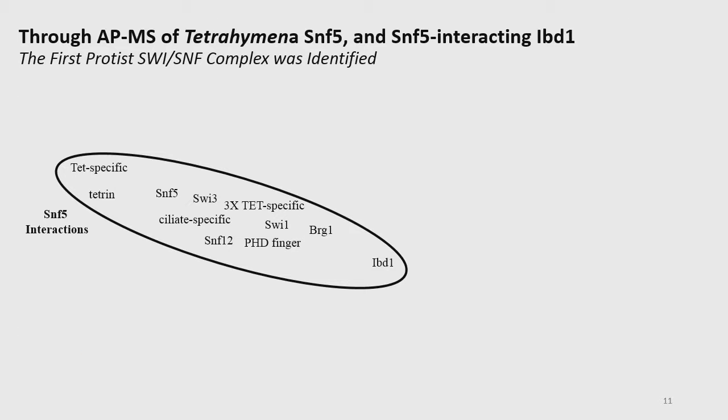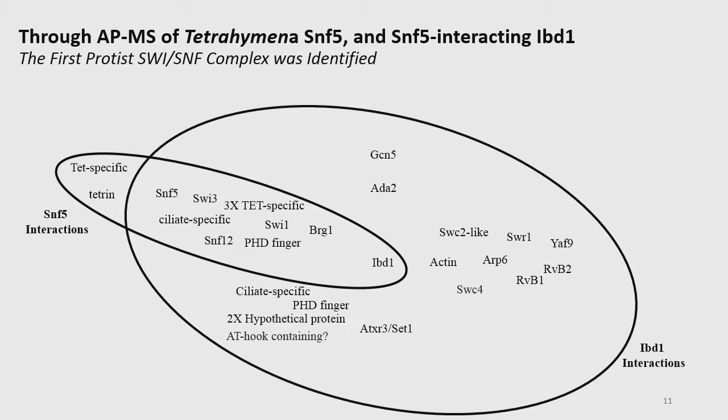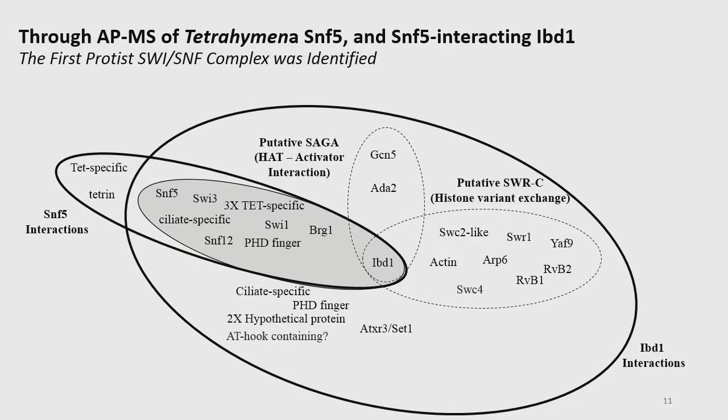So then we decided to tag Ibd1, and we did, again, 3 experiments of biological samples of Ibd1, and we found all these other proteins. We call it interactive bromodomain, and then we call this the SWI/SNF complex in Tetrahymena thermophila. Then we group this putative SAGA, this putative SWR, which is related to histone-variant exchange, a histone methyltransferase, and then these other proteins that cannot be grouped in any of these